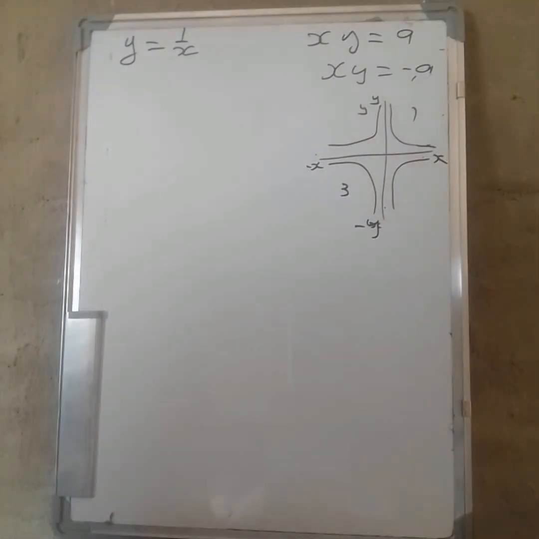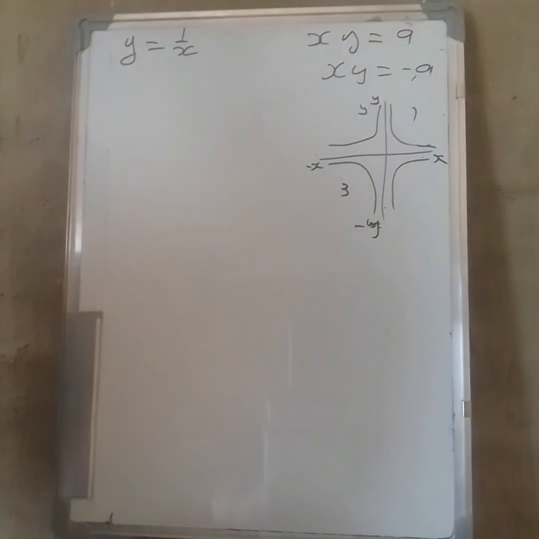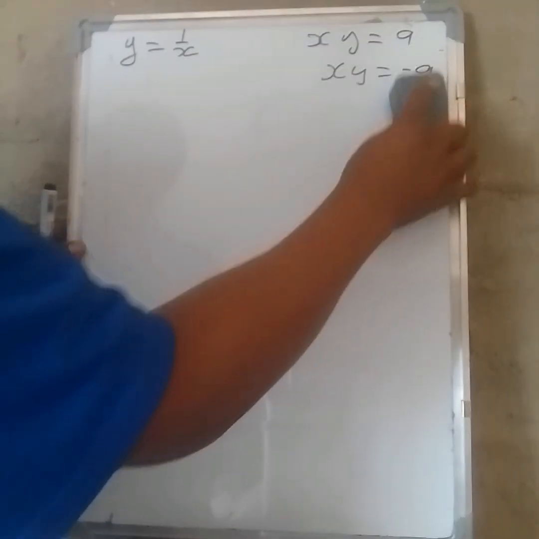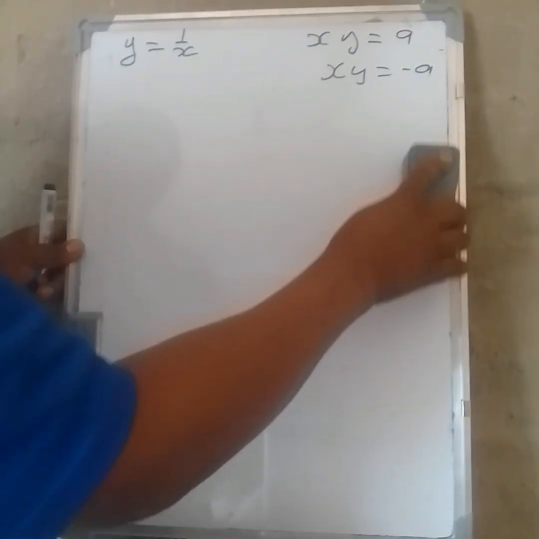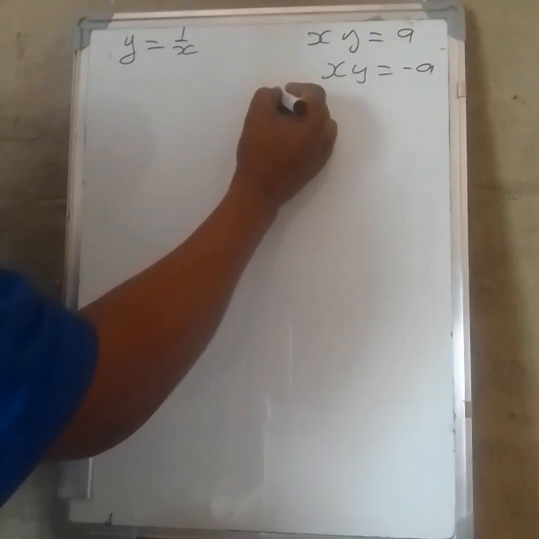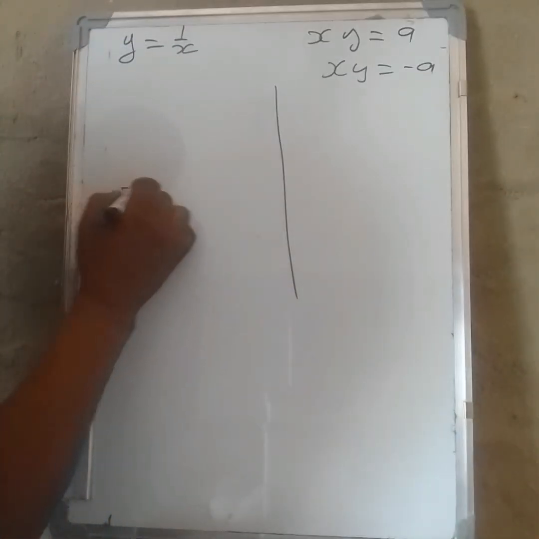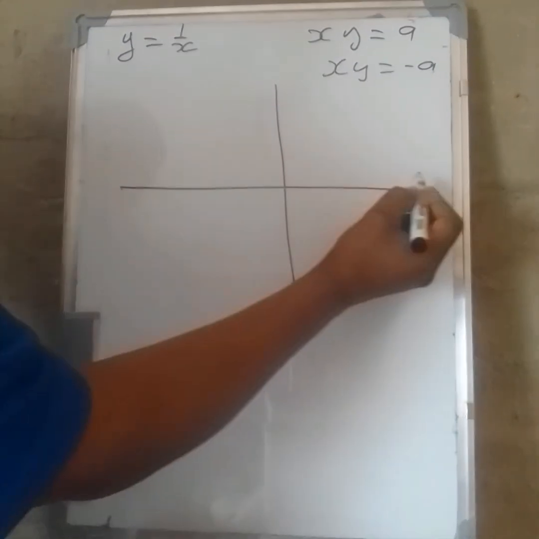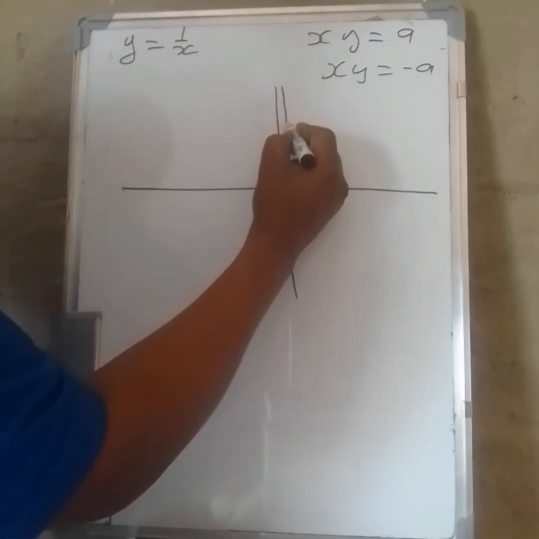So in short, if you are going to sketch a hyperbola, the first thing that you must check is if your a is positive or negative. If a is positive, then you know you're on the first and the third quadrant, like in this case. So I'm going to have my graph go like this,